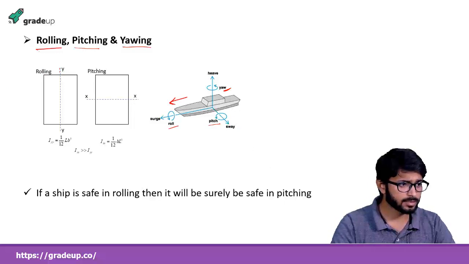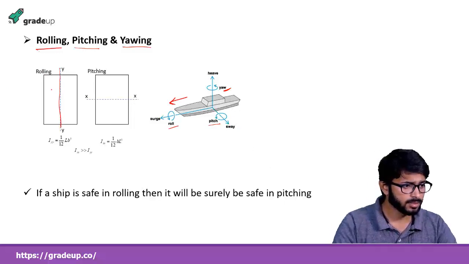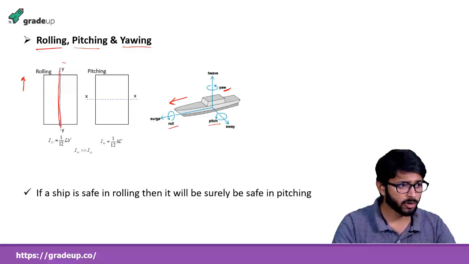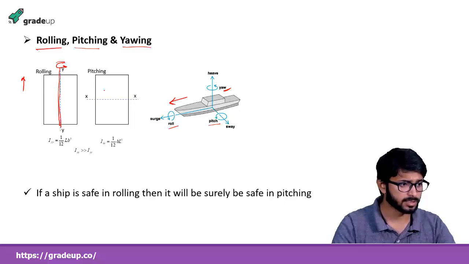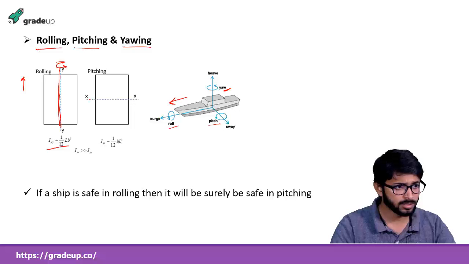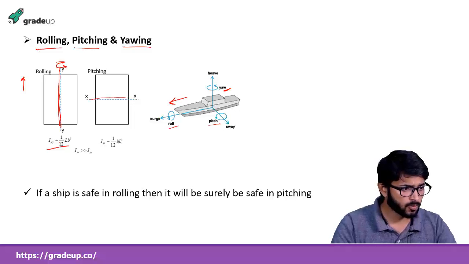So rolling is the condition when, say, a ship or some body tries to rotate about the longitudinal axis. This is known as rolling, and the other is pitching. So if we have to find the moment of inertia of the surface, it is I yy in case of rolling and I xx in case of pitching, so from this we can say the moment of inertia